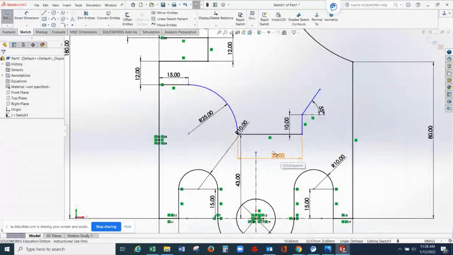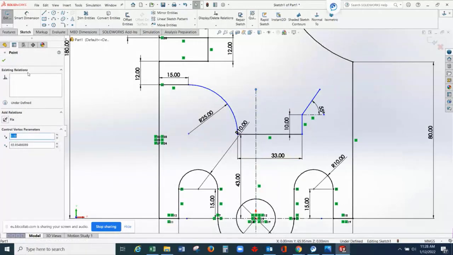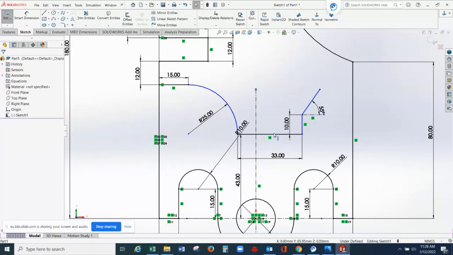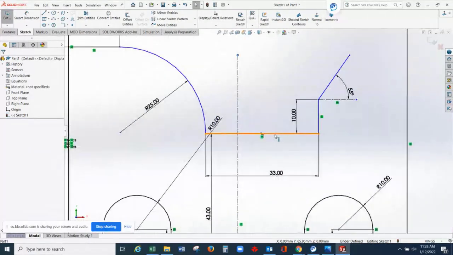So how to do it on SolidWorks? We will extend this line. Just click the end point. We'll move it up. When you hover your mouse here, you can see the midpoint of one. Okay, so the midpoint of this line should be aligning with this center line. So let's check what is the available relationships that we can add at this point. So when you hover your mouse without selecting anything, click on this blue one, okay?